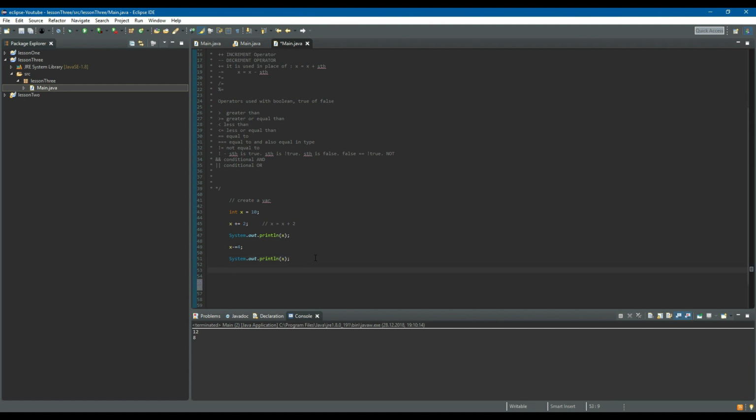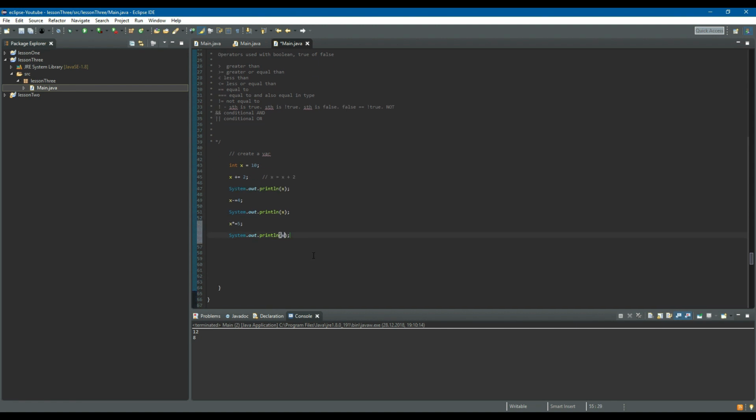So in exactly the same way we will do further. Let's say 5, for example. Let's see how it goes. 40. Why? Because 8 times 5 equals 40. Then we can do this one. And